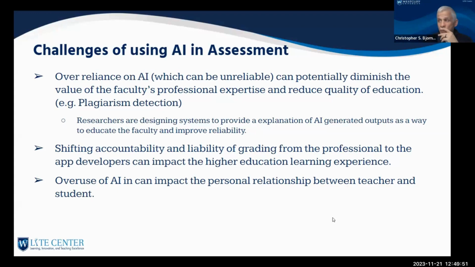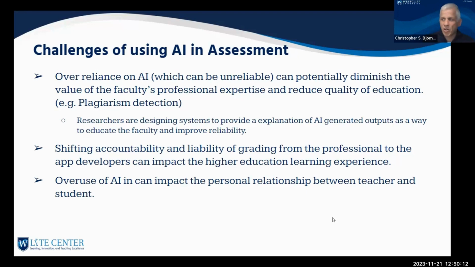If we're using the plagiarism detection application all the time, that'll just take away from our own professional input and expertise. Which at this point we're not doing, right? Because we know how concerning that detection application is.